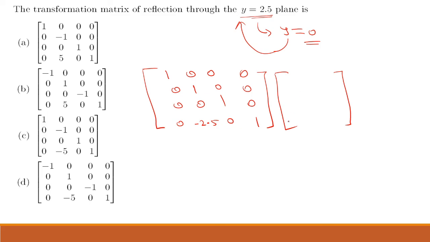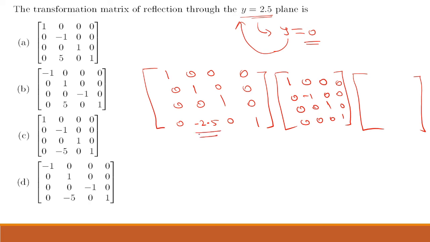So in that case the y coordinate will become negative. So I hope everything is clear. Therefore we will get 1 0 0 0 minus 1 0 0 0 1, again 0 0 1 0 0 1, and at last the back translation. Since here we are taking minus 2.5, now take its opposite sign, that is plus 2.5. So we will have 1 0 0 0 1 0 0 0 1 0 2.5 0 and 0 0 1. Okay, now do this multiplication. So this will give the result.